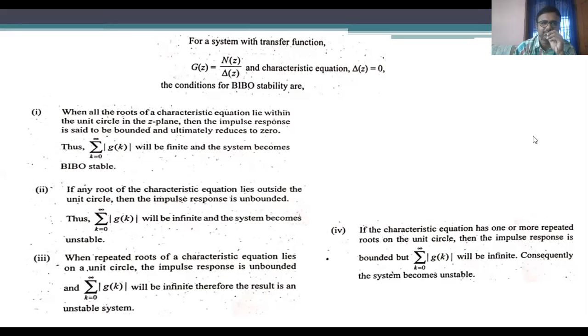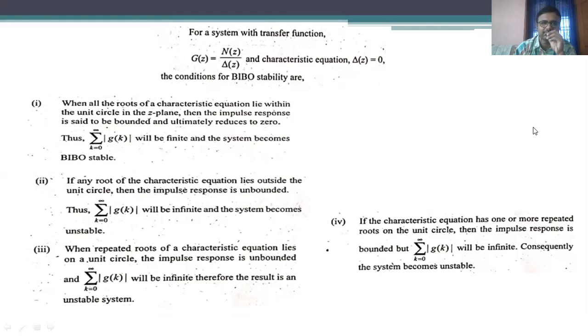When all the roots of the characteristic equation lie within the unit circle of the z plane, the impulse response is said to be